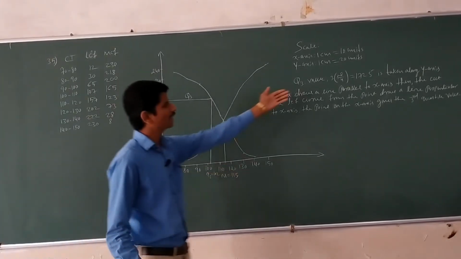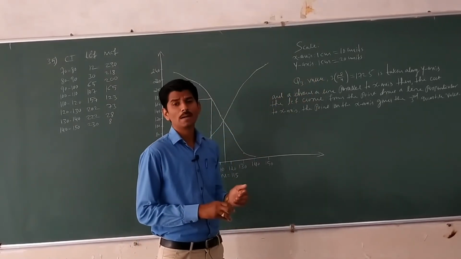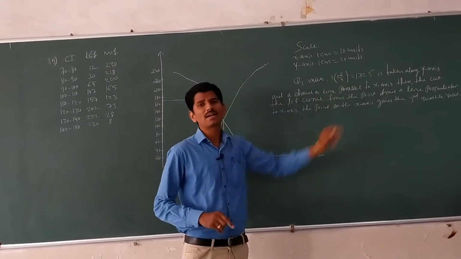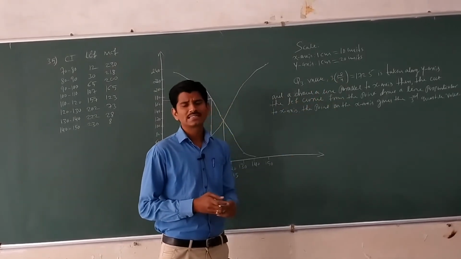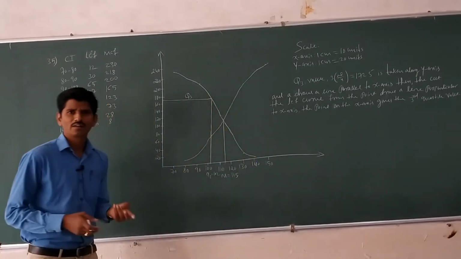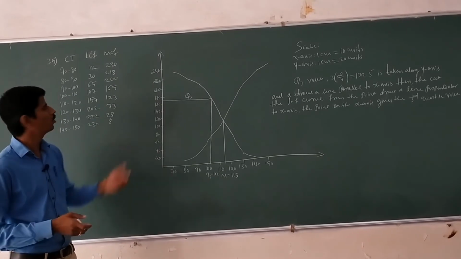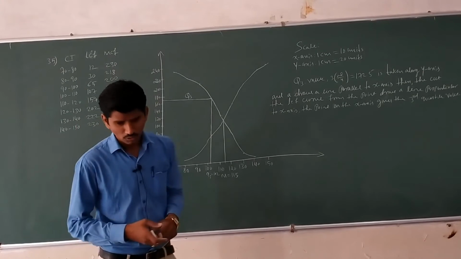Similarly, to find the first quartile, take 1n by 4, and so on. Suppose you find the third percentile, that is 3n by 100, since percentile means divide by 100. Then you apply the same procedure, and we get the quartile, percentile or decimal values. Okay, that is about the values. Next concept.